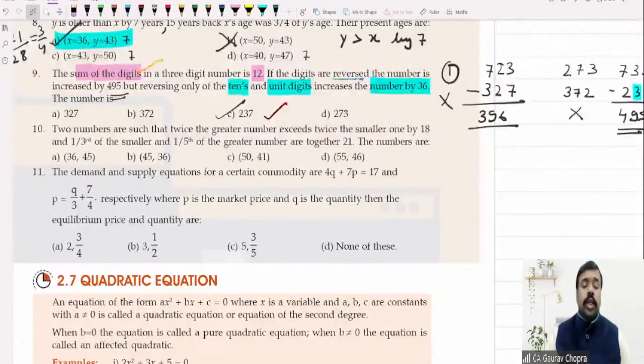So now we have done a lot of questions based on this word